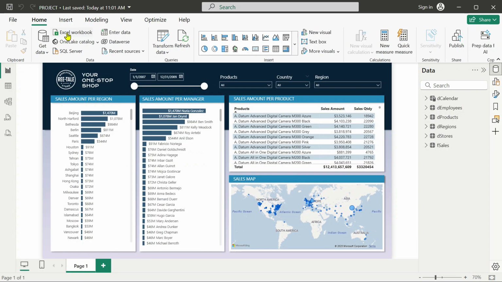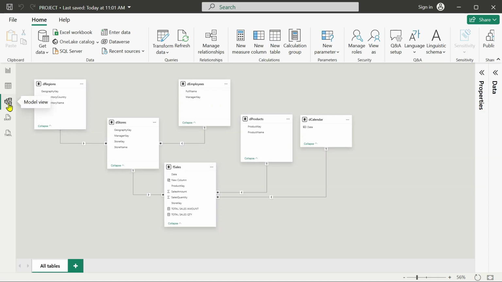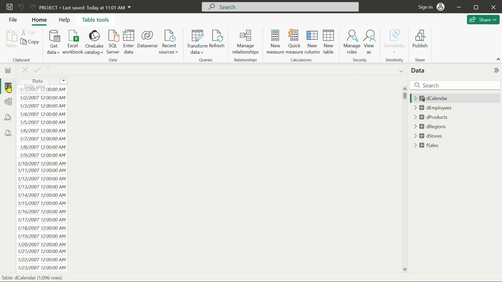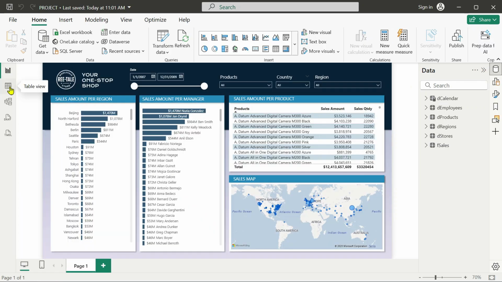You can see that this button right here is in the same spot in the model view, but it's in a different spot on the table view, and it's a larger button. So you could have the same button with the same size in the same spot, or with a different size at a different spot, or you can have buttons on one view that you don't have in another view.